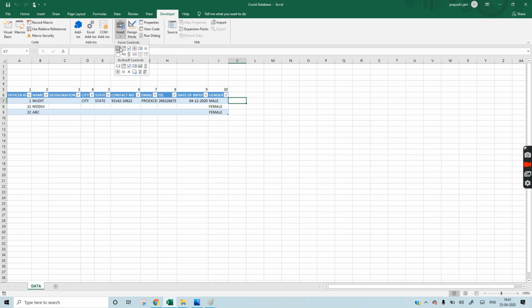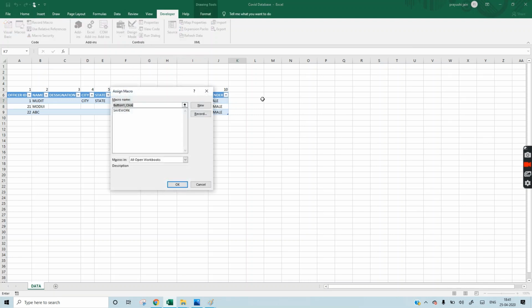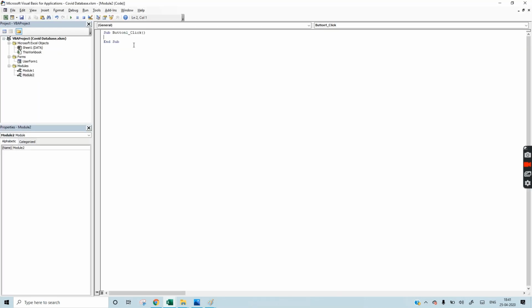Insert one button here, by which we can now open the user form.